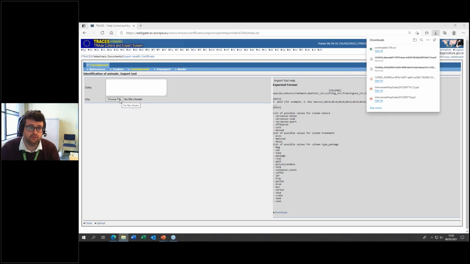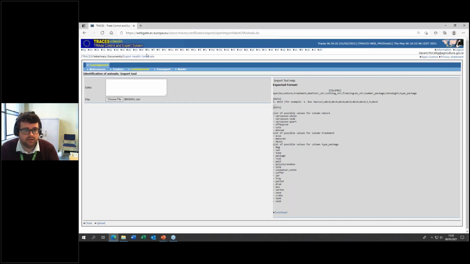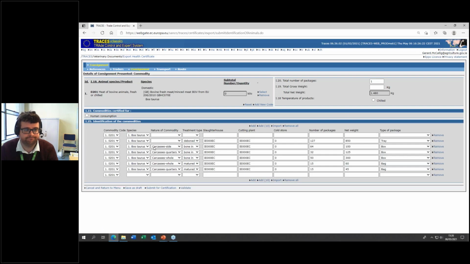So to upload a completed CSV file, you quite simply click on File here. You'll see here, this is the file I have prepared, and you choose it from your computer. And then when you have that done, you come down to the bottom of your screen and you click on Upload. And when you have that done, sorry, my screen will update now in a second. You can see here all of the information that I had input onto my CSV file has now been accepted